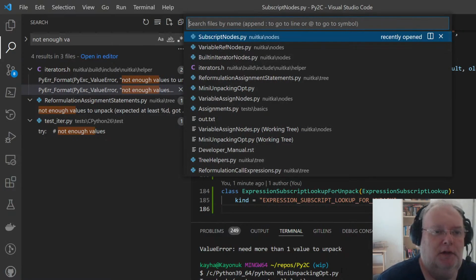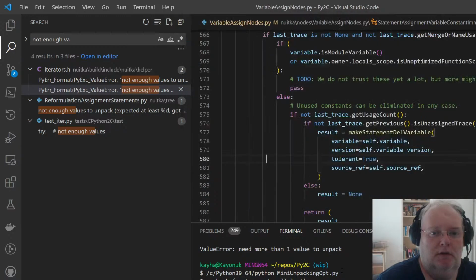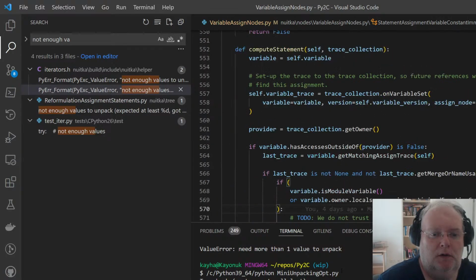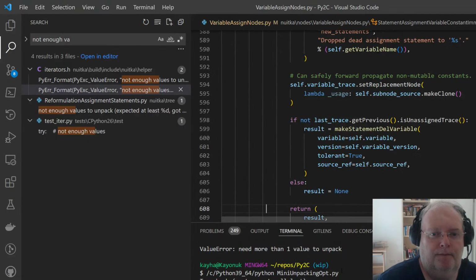I replaced the iterator. Did not keep it, right? The iterator node is long gone. Expected 3. How do I know how many there are?